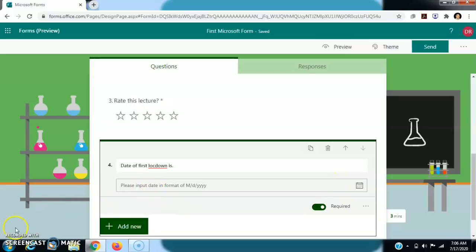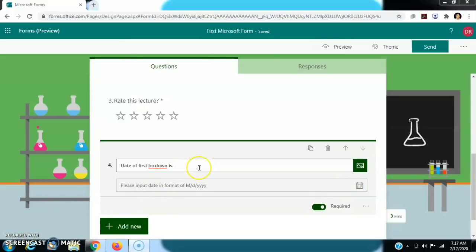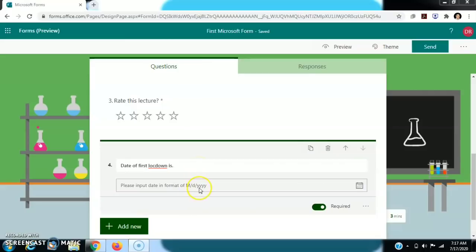In this way we can enter the date here. When someone answers, he or she will enter the date here.